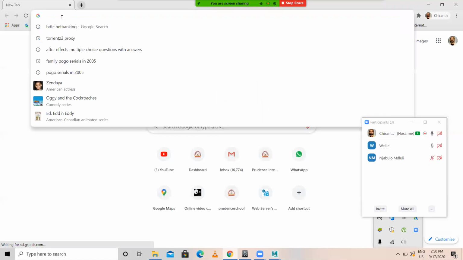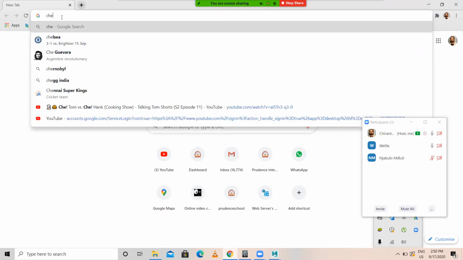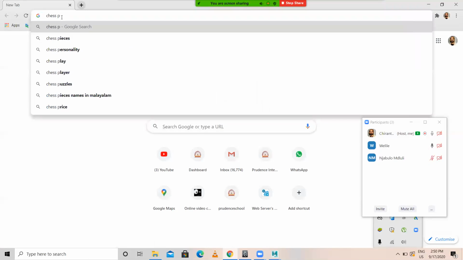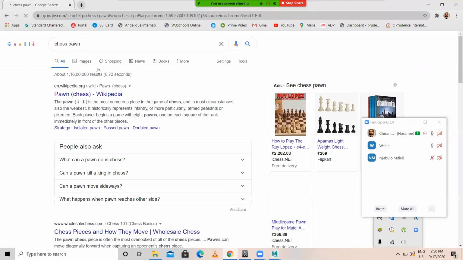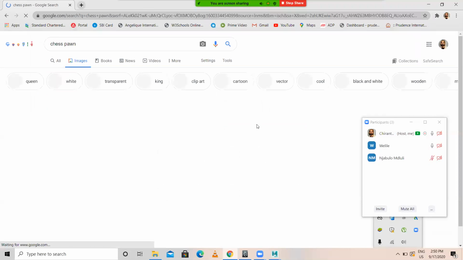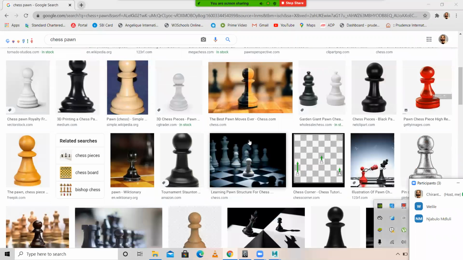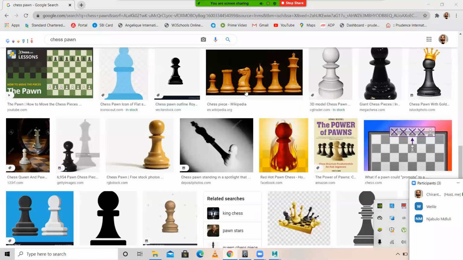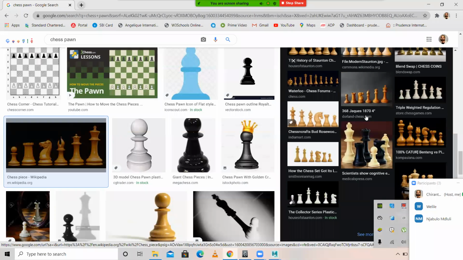So now what I'll do, I want to source one chessboard image. Chess pawns. Okay, you have to take chess pawn. I want to take all the pawns actually, something like this.